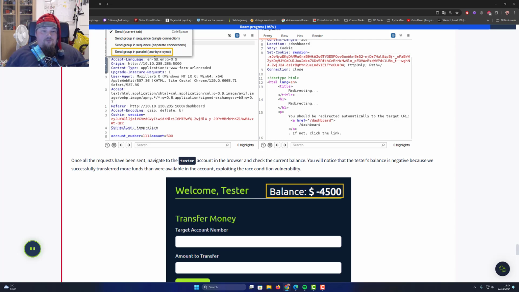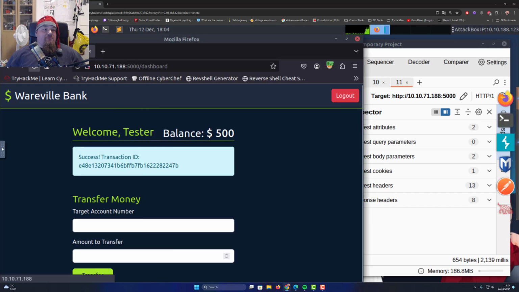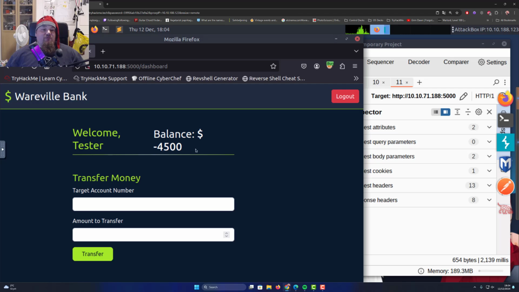So navigate to the tester account in the browser and check the current balance. You will notice the tester balance is negative because we successfully transferred more funds than we had in the account. Let's go ahead and do that. Go back, update, and we'll see that we have a negative amount of money because we transferred more money than